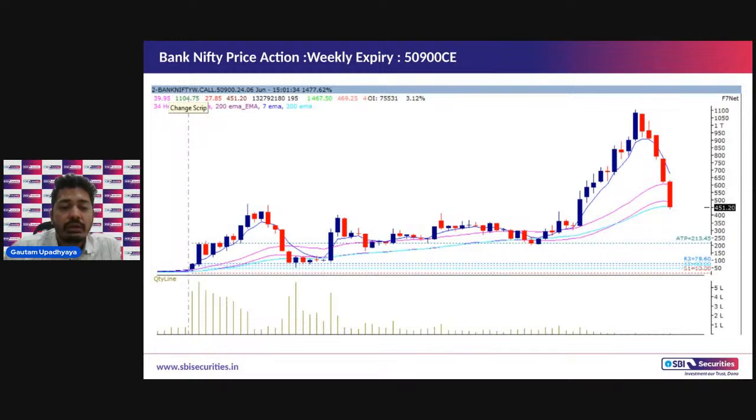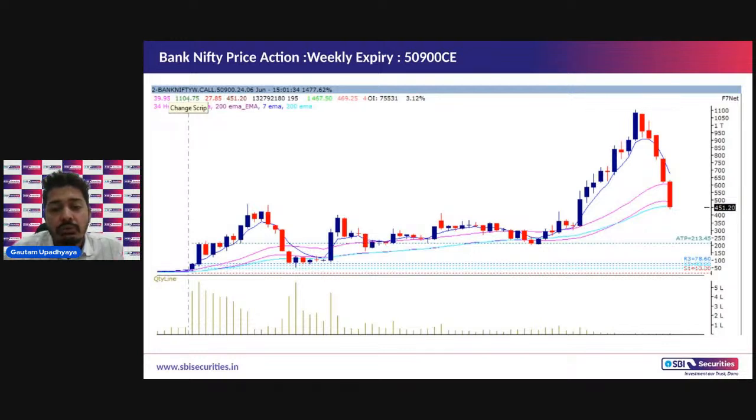you will know that the option premium moved from 50 rupees. This is just in the first hour. On the left hand side, you observe it is from 50 rupees. The option premium has moved almost to 450. From 450 it has come back once again towards 70 levels. From 70 it has again moved back to 400. All this has happened before 10:30 in the market, and the real action happens post 1:30, wherein